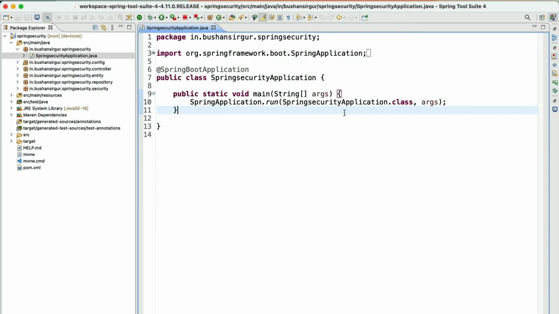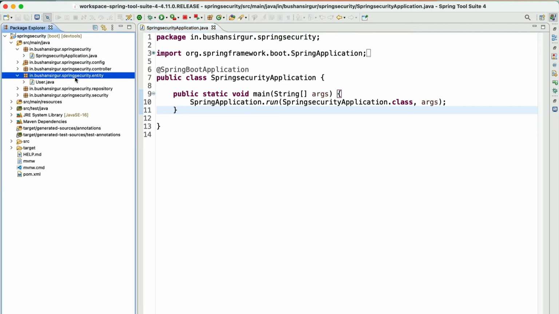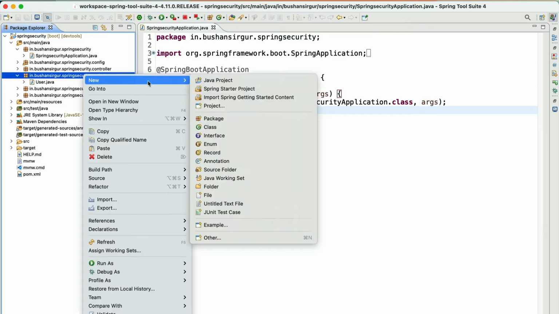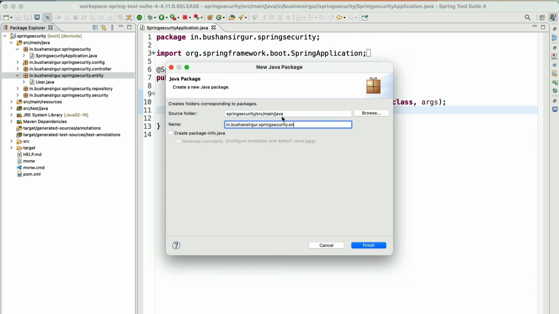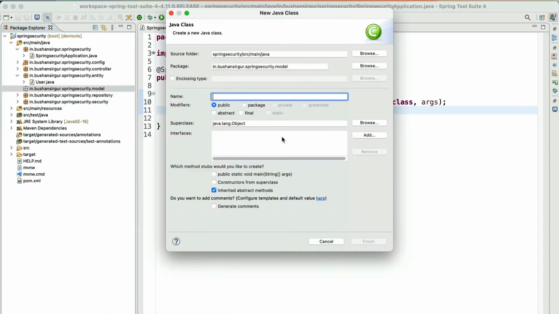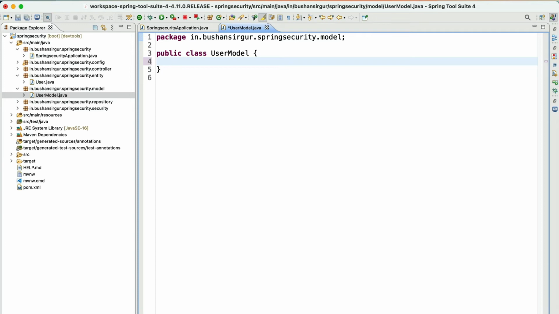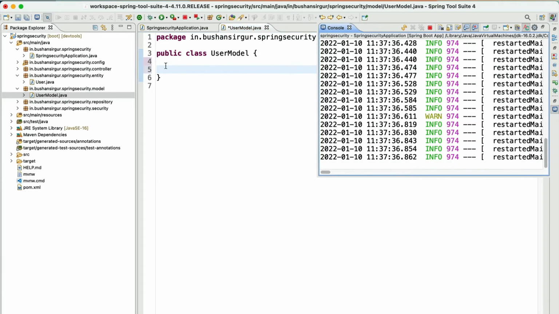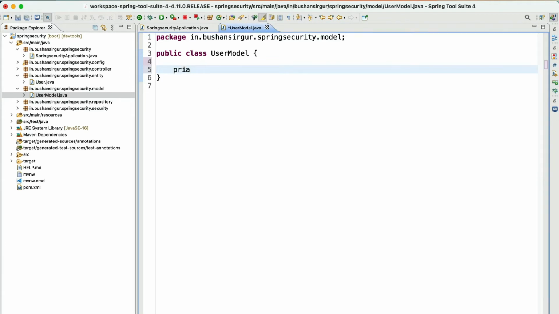Alright, I'm inside the STS IDE. The first step is to create a model class. I'm going to create a new package, let's call it model, and inside this model package, let's create a new class. I'm going to call this UserModel, and we're going to create private fields, email and password.